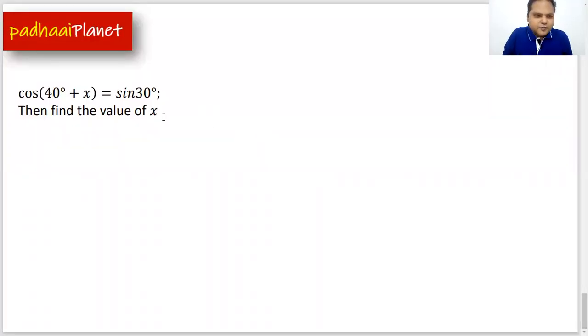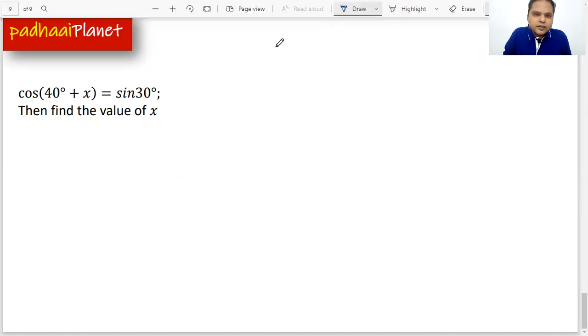So here again we have got a question that says cos(40° + x) is equal to sin 30°, and we need to find the value of x in this case. Now this question is a very simple, small and easy question, but it's very highly tricky. And in these questions we use one of the tricks of trigonometry,